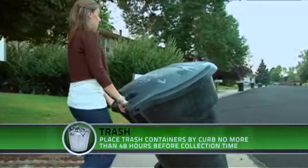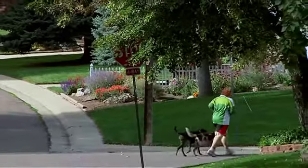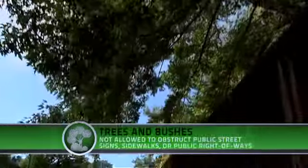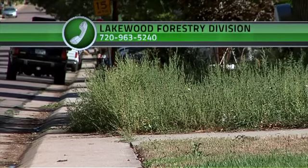Place your trash containers by the curb no more than 48 hours before collection time. There are also property codes for trees, bushes, weeds, and grass that are obvious and easy to follow. Trees and bushes are not allowed to obstruct public street signs or sidewalks and other public right-of-ways. To report an obstruction, call the City of Lakewood Forestry Division at